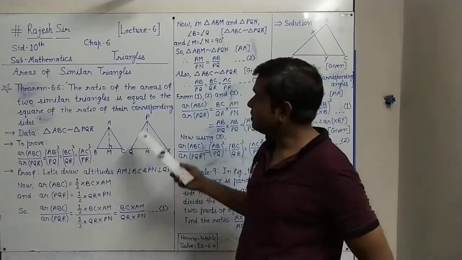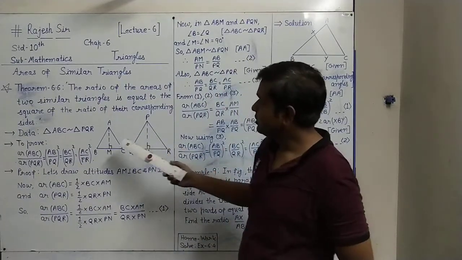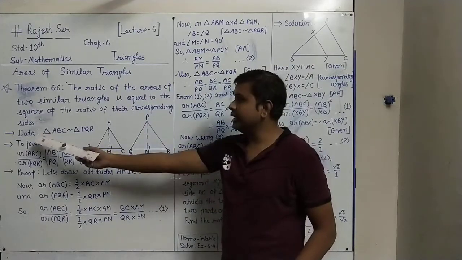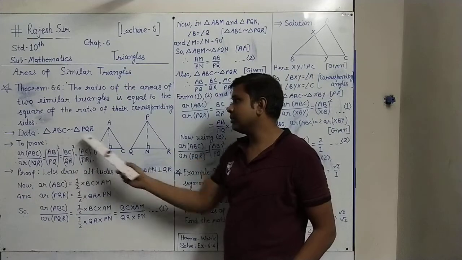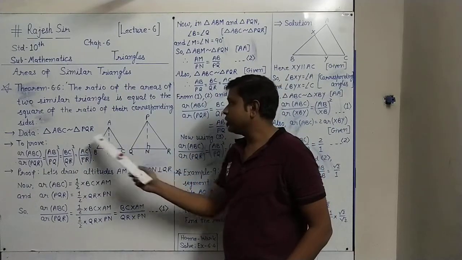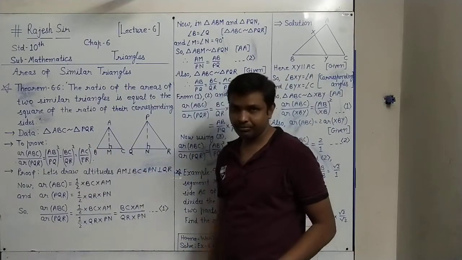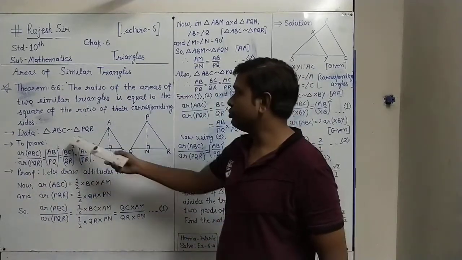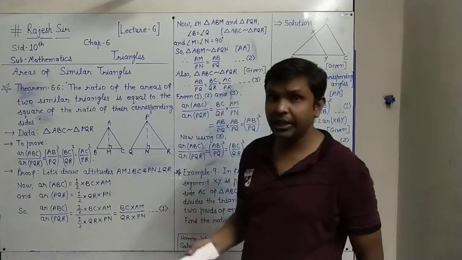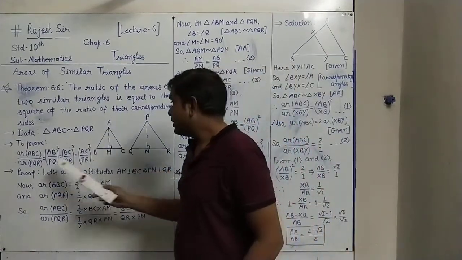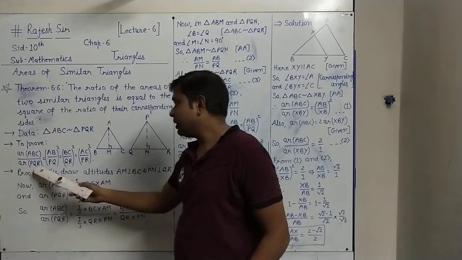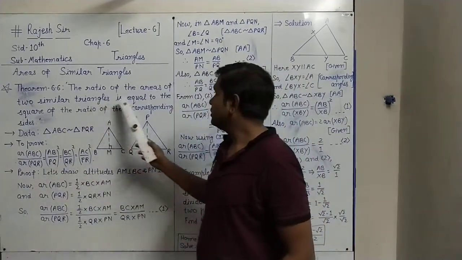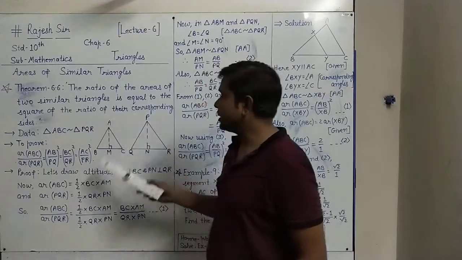What this means, we will see in the two triangles given. Let the two similar triangles be ABC and PQR. That is the data we have written: triangle ABC and triangle PQR are similar. What is to be proved here? If two similar triangles are there, what will be the area? Area of triangle ABC upon area of triangle PQR will be equal to the square of the ratio of their corresponding sides, means